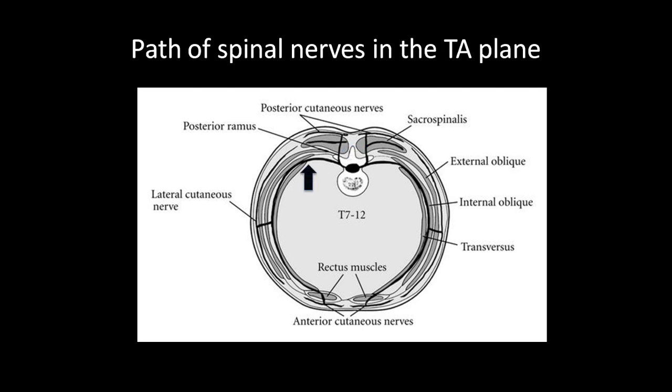As the anterior rami courses laterally, it enters the transversus abdominis plane between the innermost muscle, which can be seen here, which is transversus abdominis, and the middle muscle, which is the internal oblique, coursing laterally to become the proper segmental nerve. Here, near about the mid-axillary line, it gives a lateral cutaneous nerve, which is the lateral branch, and supplies the lateral aspect of the abdominal wall, and rest of it courses anteriorly, eventually to pierce the rectus muscle